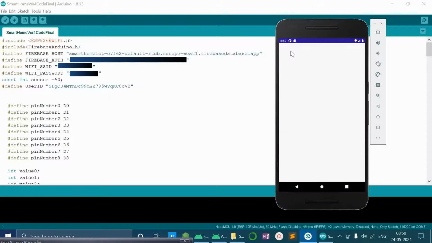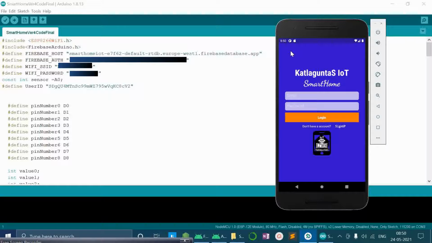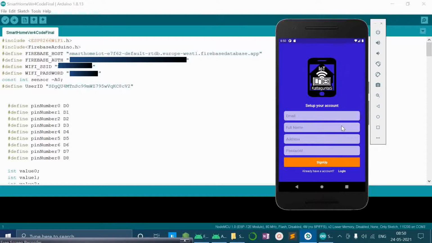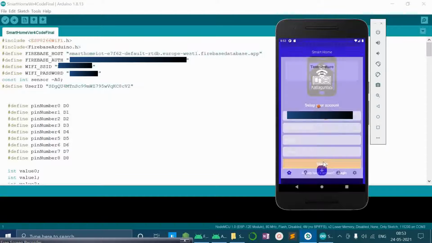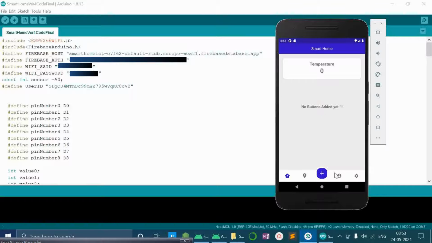After downloading and installing the app on your mobile device, you can sign in with your credentials. You can enter your email ID and credentials. A user ID will be generated.